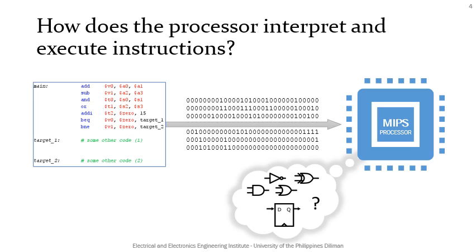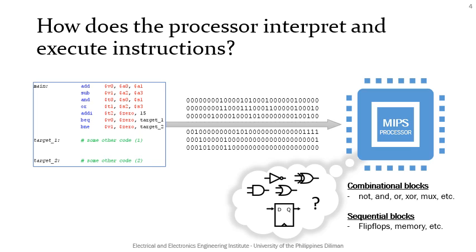From a switching theory and digital logic design class, we were introduced with the fundamental building blocks, the logic gates like the AND, OR, NOT, XOR, multiplexer, etc., which are considered combinational blocks, meaning their outputs depend on the input combination they receive. We were also introduced with the flip-flop, which is a sequential block whose output depends on the sequence of input it received and not merely the input combination. But how does the data or instruction memory work? Do they operate just like the flip-flop? Or are there other blocks we need to complete the processor? Hopefully, we can answer these questions in this lecture.